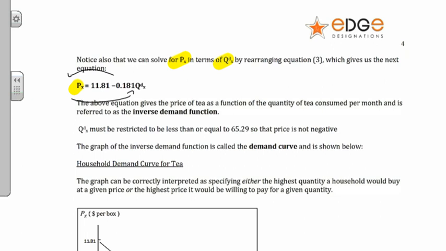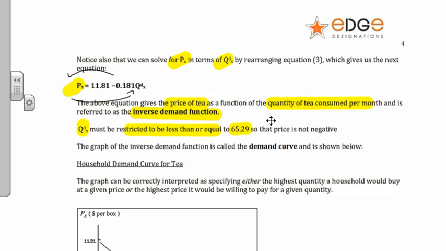What are we doing now? Well, now we're just saying, hold on a second. Since I've got price there on its own, it gives the price of tea as a function of what, guys? Quantity of tea consumed per month. And all I've done over here, and it's got a fancy name, doesn't it? It's called the inverse demand function. And we can see over here, what do we say? The quantity of tea demanded, in this particular case X, which we said is T, must be less than or equal to